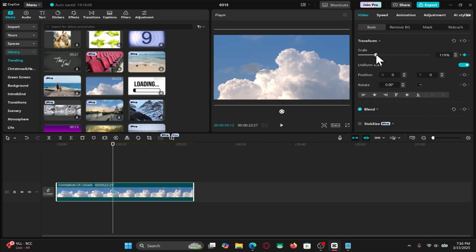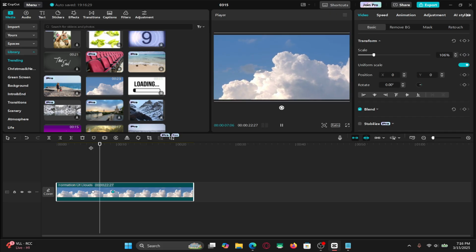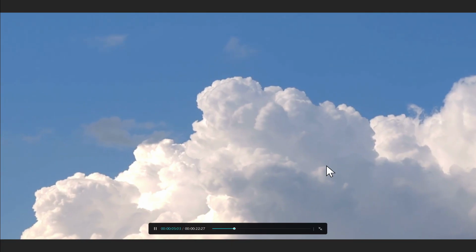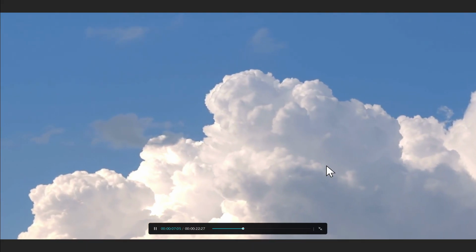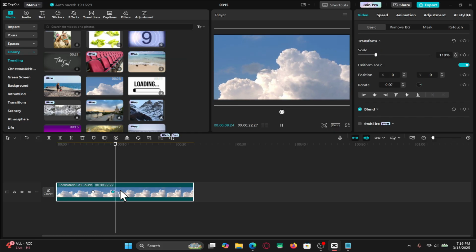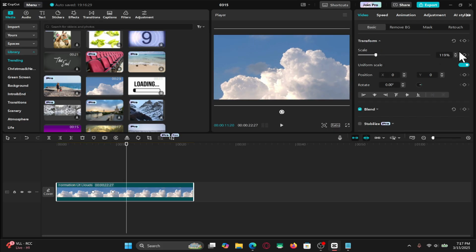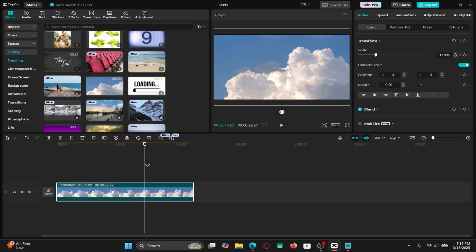So choose your desired zoom level, and as you can see, the video quickly zooms into the scene. This effect is what's called a zoom in effect. Alternatively, you can also perform a zoom out effect, and for this, I'm going to add another keyframe a little bit ahead. Now moving further ahead, I introduce another keyframe, and with this selected, I can zoom out once again